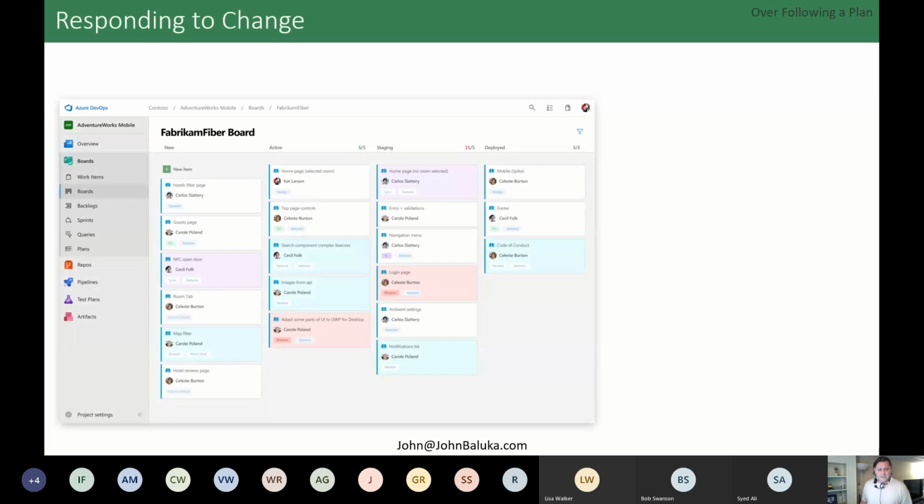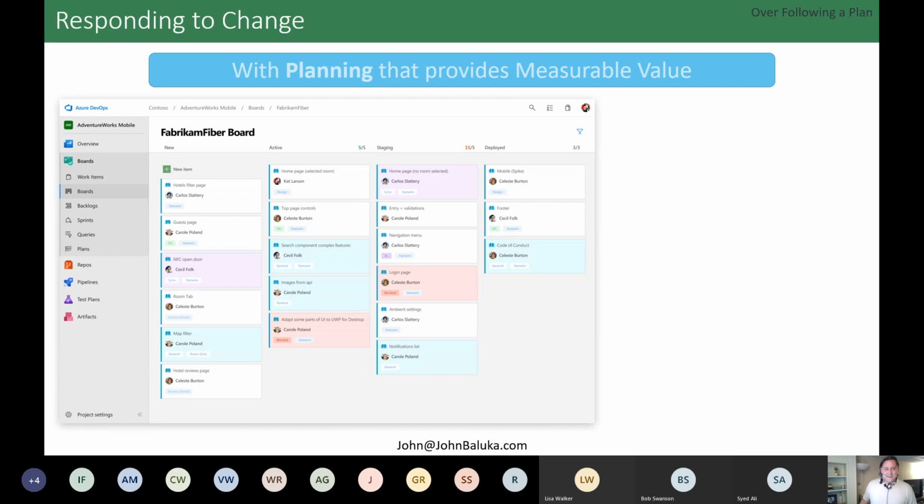All right, responding to change. When it comes to having our Kanban boards and setting up sprints and all that, I think a lot of teams that have implemented Agile practices are doing a really good job from what I've seen for the most part. This is a screenshot from Azure DevOps, which I kind of like myself even a little bit more than Jira. Nonetheless, when it comes to responding to change with planning that provides measurable value, we do a lot of this